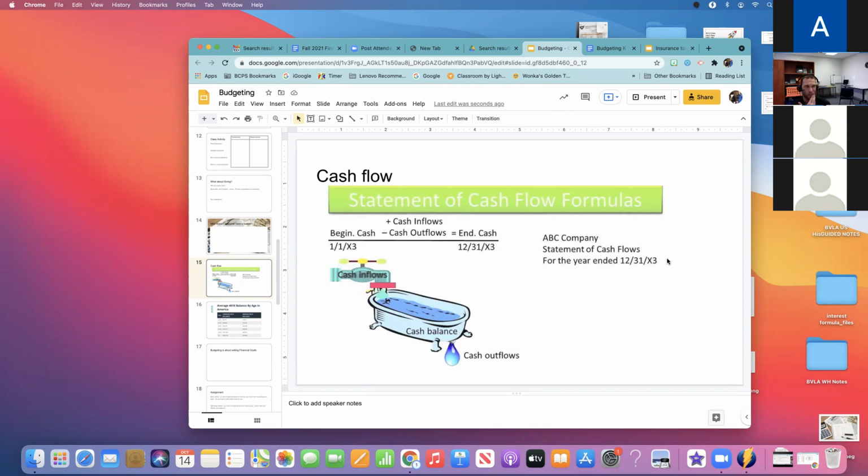Okay, that's where you get hit with overdraft fees. That's where you get hit with interest payments. That's where you have to take out some of these short-term payday loans. This is where it costs a lot of money to individuals when they run out of cash in the bucket, in the tub. Okay, is what I'm saying making sense?